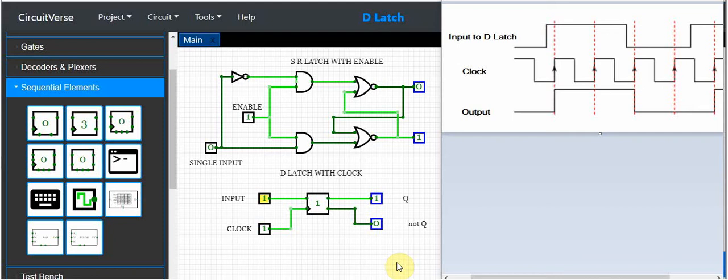In the last video we looked at a set reset latch. In other words, an SR latch with an enable bit, and with a single output we could control and get a latched output. If the single input is low, then the output is low. If this is a high, then this is a high. We're going to see how that compares to something new that we haven't looked at before, and that's called the